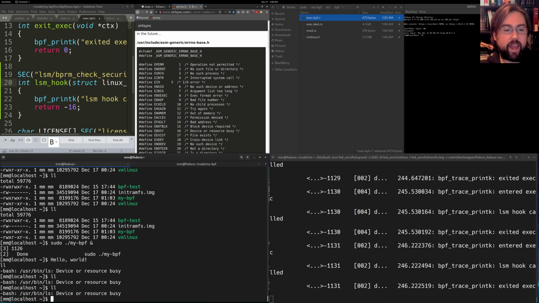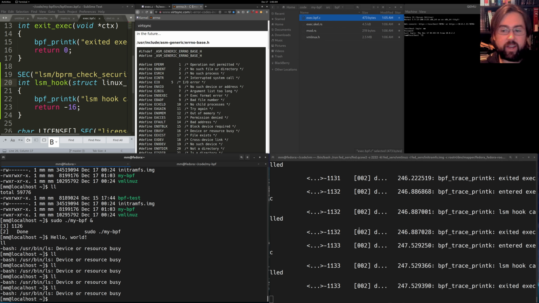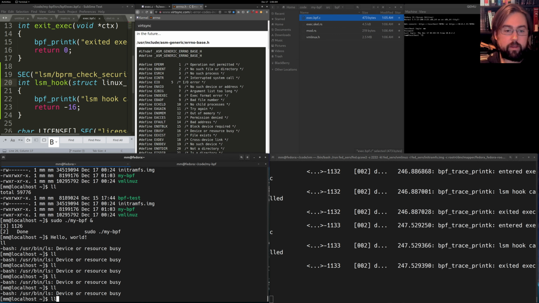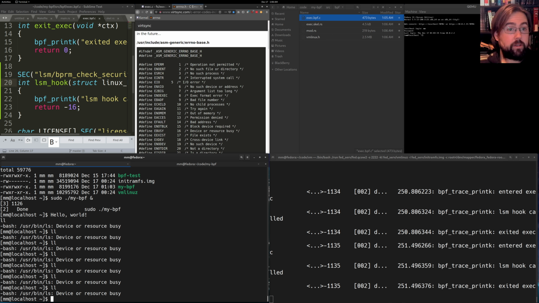So you can see now that I'm trying to run ls, I get this device is busy. So we've got ourselves the beginning of doing a